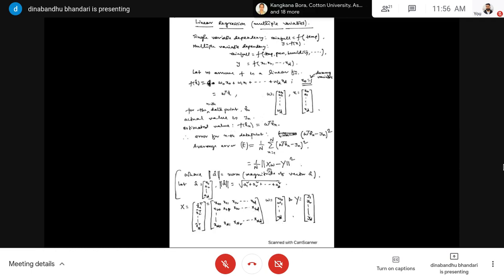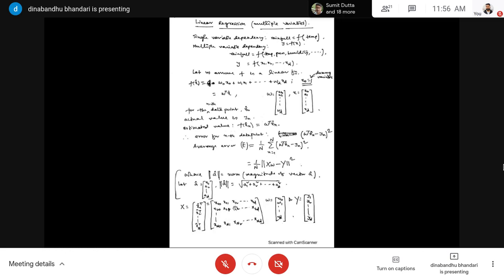Now, if I construct this Xw, what is Xw? You multiply this and this. That is W0 x10, W0 x11, W1 x12, W2 x1d, up to Wd, so this into this, minus y1. Then this one into this minus y2, and this one into this minus yn. So this Xw minus y will be an N cross 1